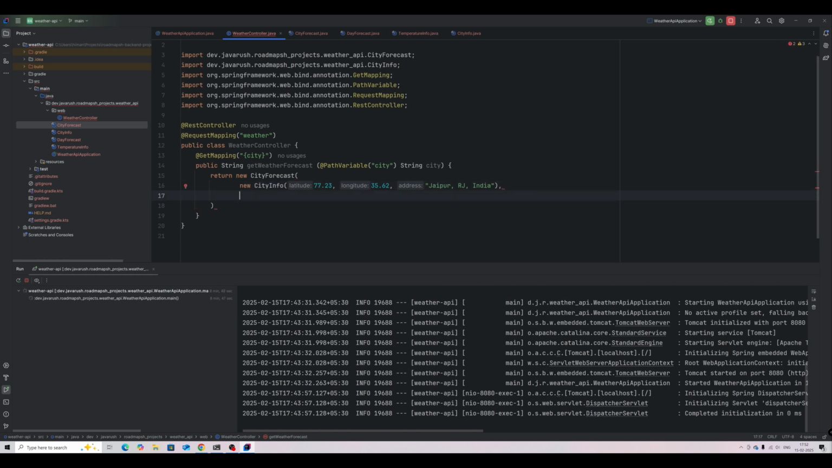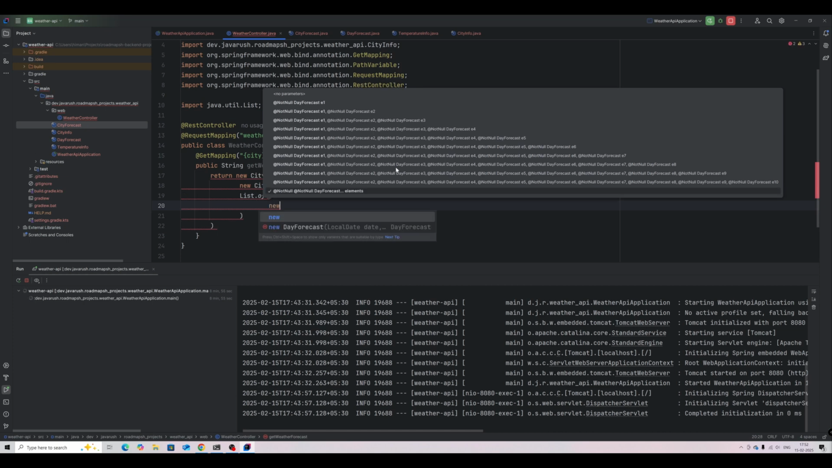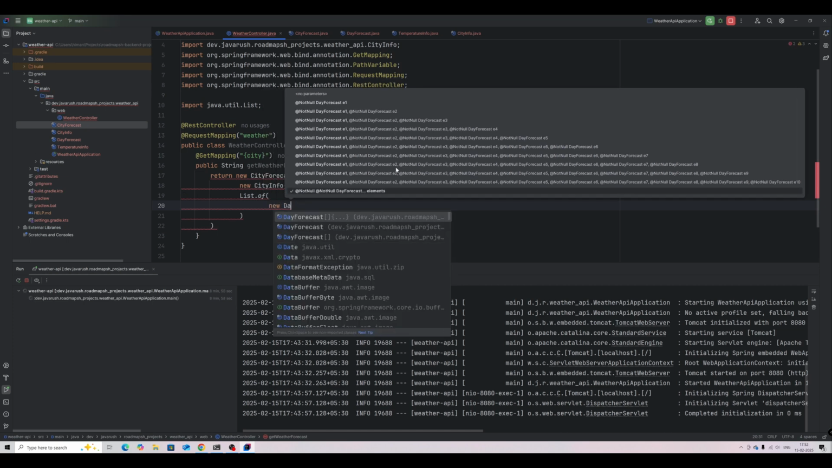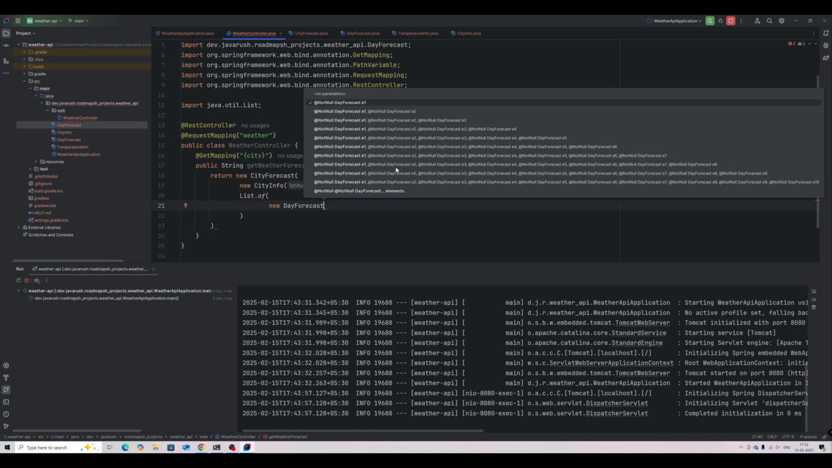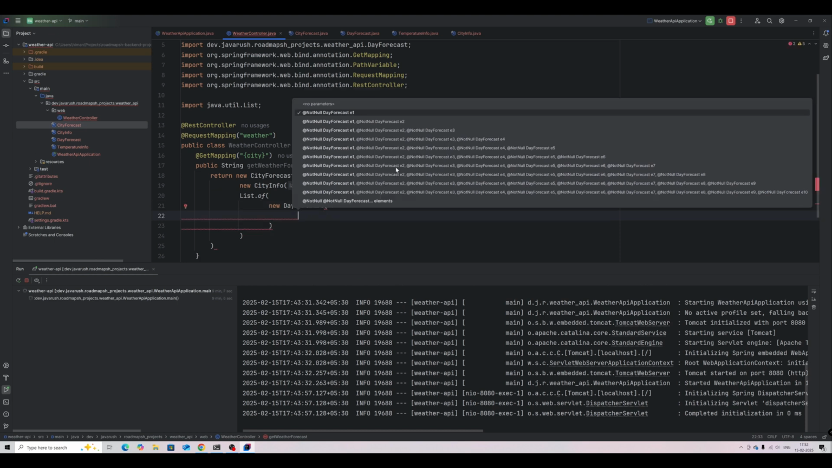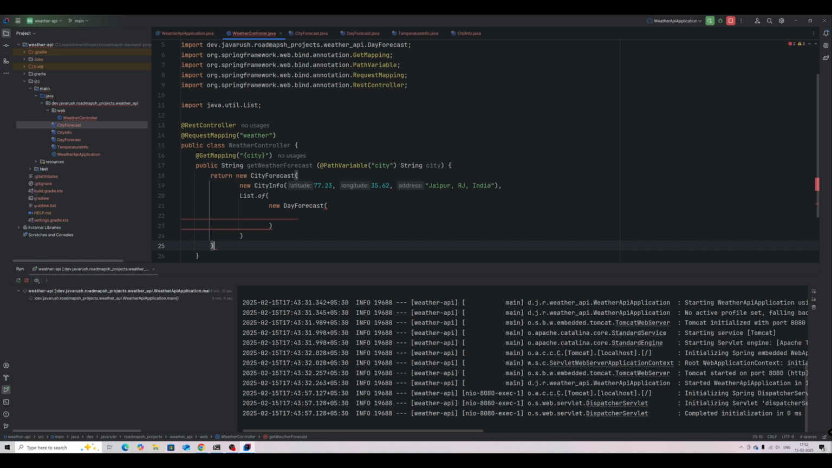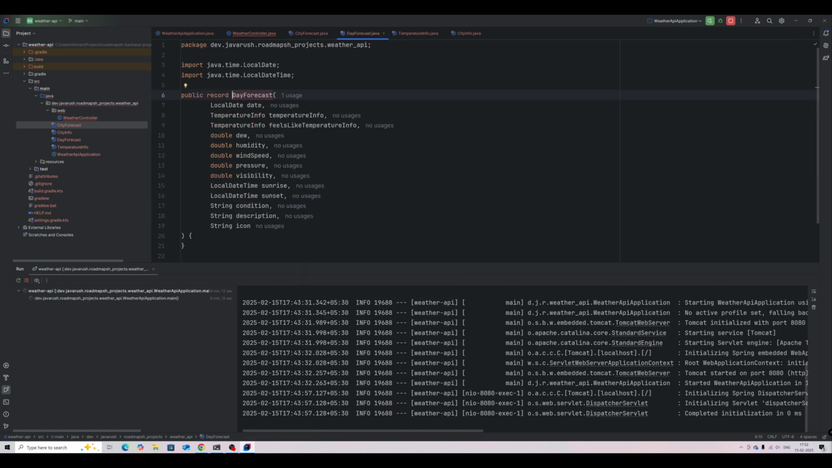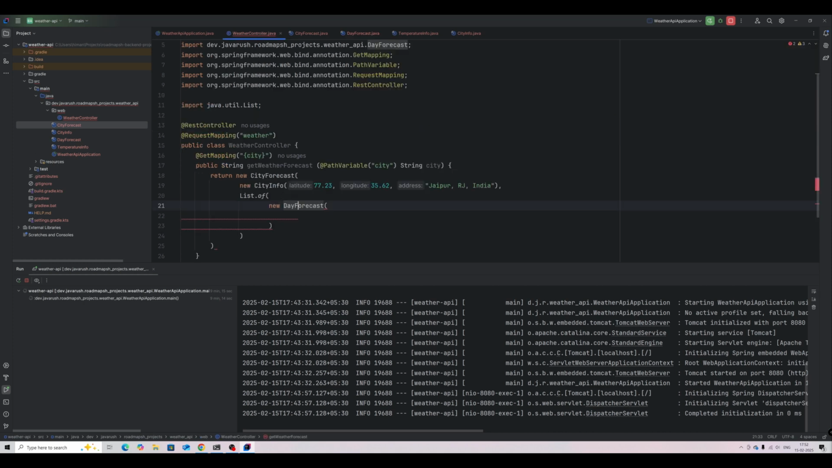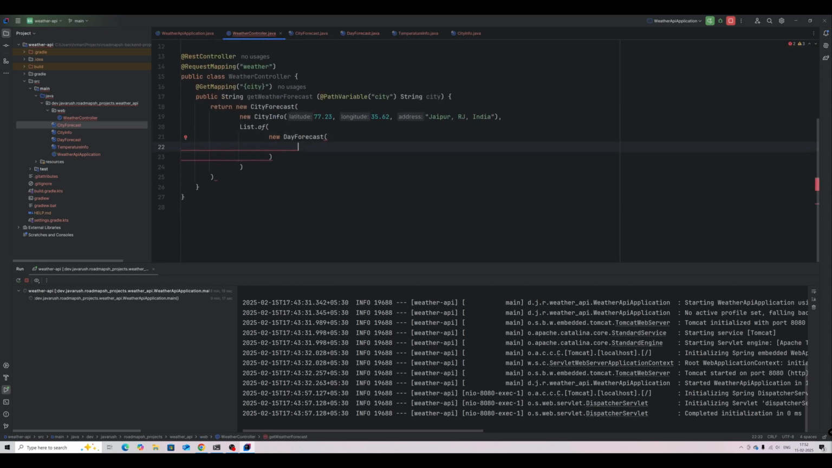After that we need a collection of day forecasts. Let's say List.of. For now let's just have one day forecast, new day forecast. This needs a few things. The first thing day forecast needs is, let's go here, okay, local date. Let's create a local date. I will say LocalDate.now. Then it needs two temperature infos, one for the actual temp, then another one for feels